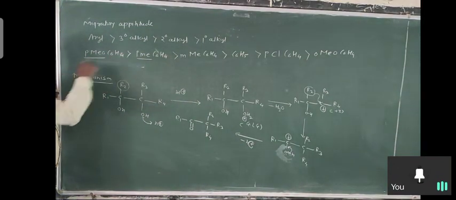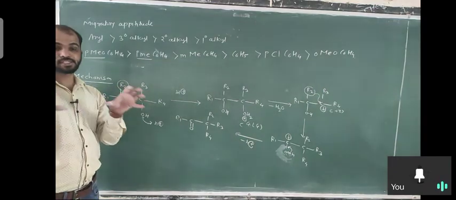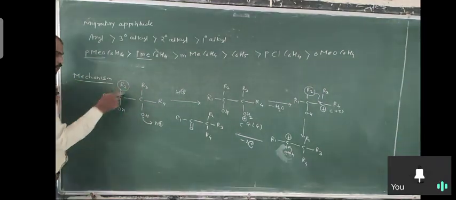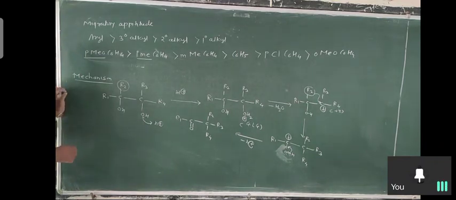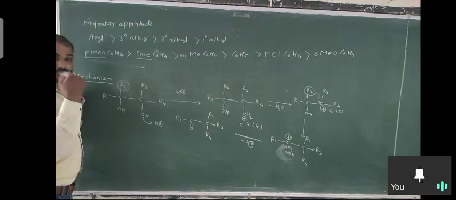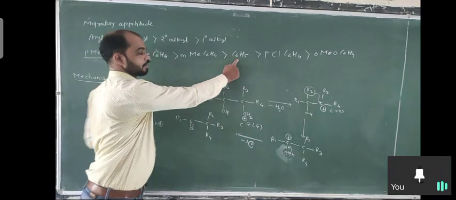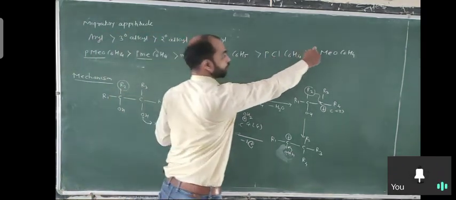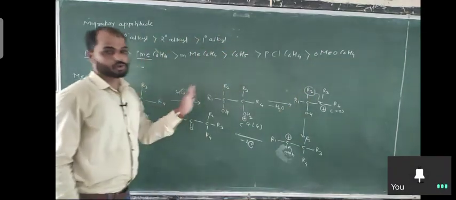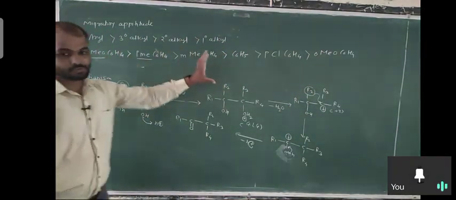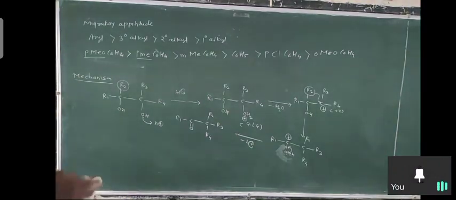This order is only for substituted benzenes present on this carbon. Suppose more than one aromatic ring is present, one substituted with one substituent, another with another substituent. Then which group is migrated depends on this: the para methoxy group is more electron donating, the para alkyl group has a plus I effect, the meta position has the methyl group, there is the unsubstituted one, the para position has chlorine, and the ortho position has the methoxy group. This way the order is given to you. We will discuss examples here.